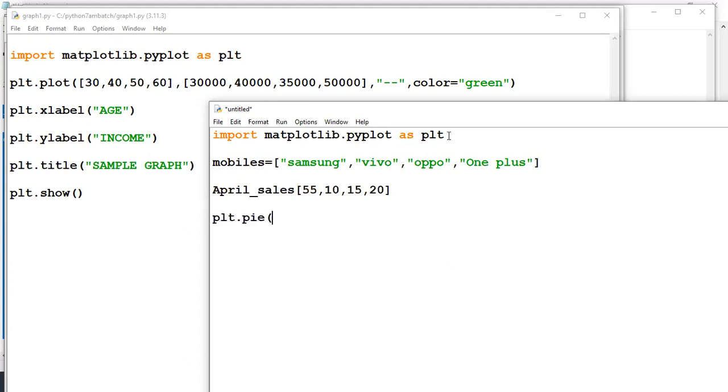plt.pie, pie graph. For what? For April sales. I want some labels, right?